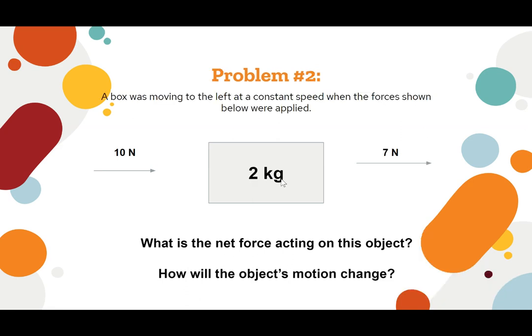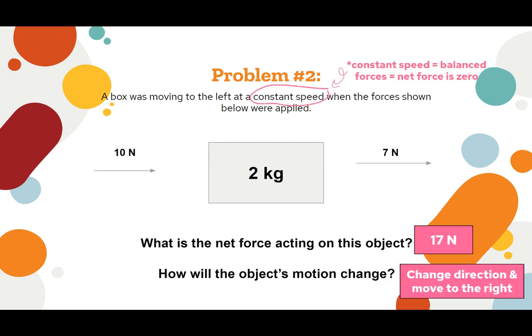A box was moving to the left at a constant speed when the forces shown below were applied. So it was moving at a constant speed, and then 10 newtons of force was applied going to the right, and then 7 newtons of force was also applied going to the right. So since they're moving in the same direction, we add them, which means our net force is 17, and it